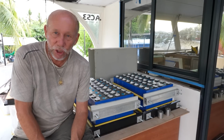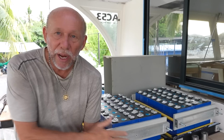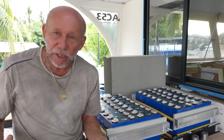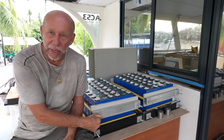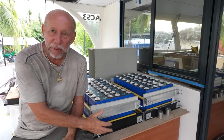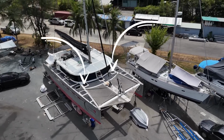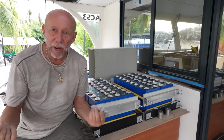Just like when you're parachuting, you don't jump out of the plane with one parachute and hope that it's going to open. We have now completed bank A and bank B mechanically. It's been designed. It's not a compression system. It's a system that keeps the cells in place from vibrating and moving around. And then these are going to be installed in the port and starboard front watertight compartments and then wired directly